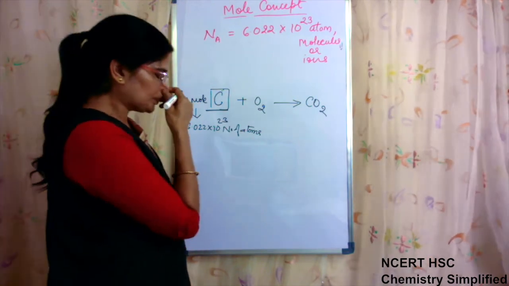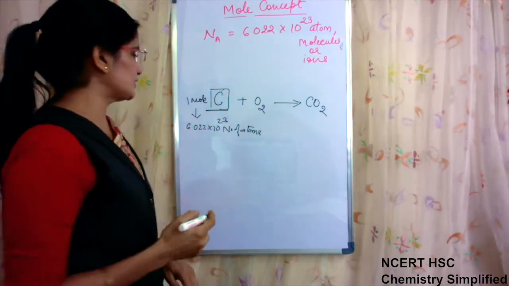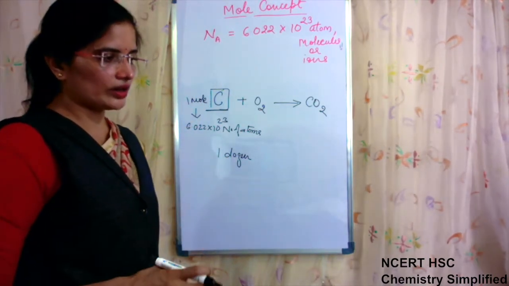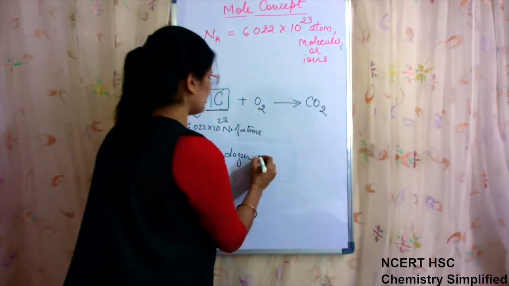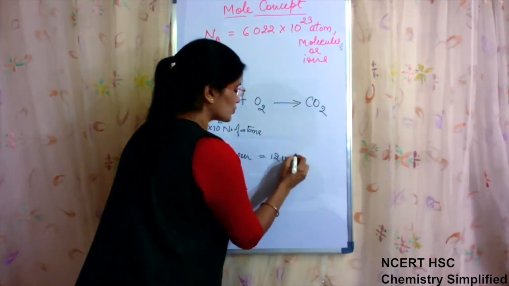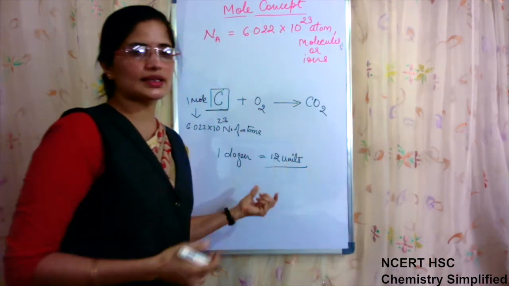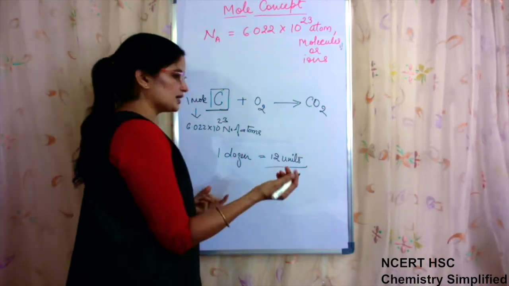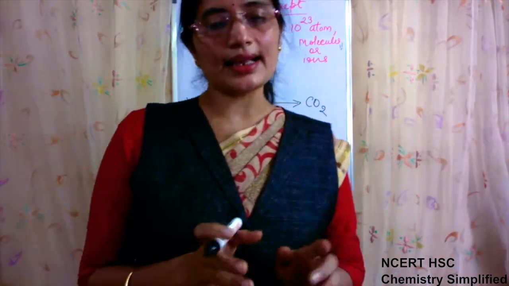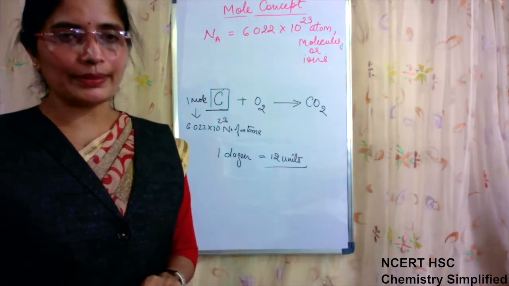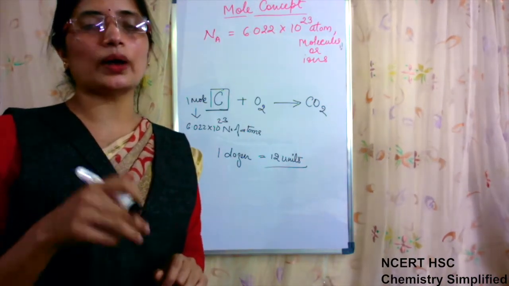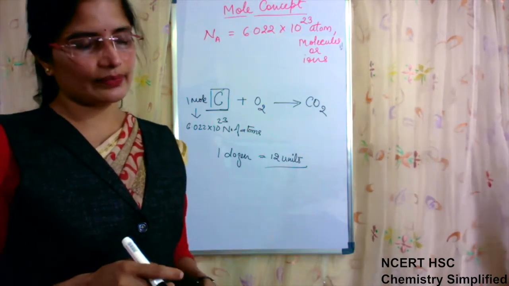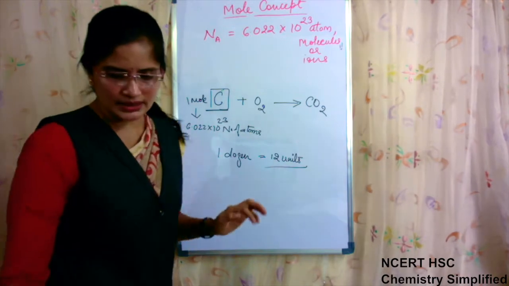Okay. Now, you can correlate this term to 1 dozen. When we say a quantity of any substance is 1 dozen, that means 12 units of anything are present in 1 dozen. The weight will be different if we weigh 12 grapes. If 12 grapes are there, the weight of those grapes will be very less as compared to the weight of 12 apples. But if we talk about the quantity, then both of them will have 12 identities in 1 dozen. The same thing applies here.